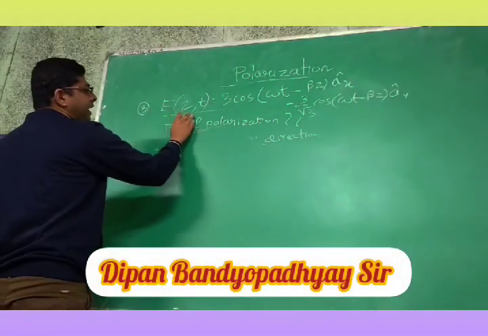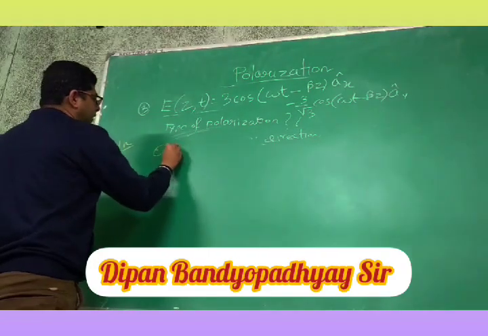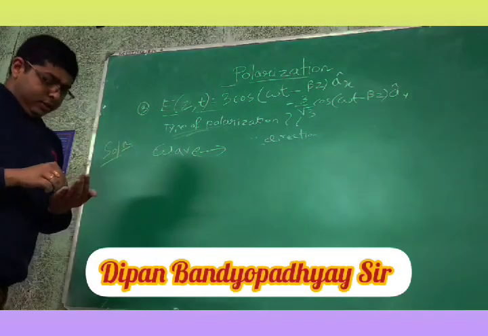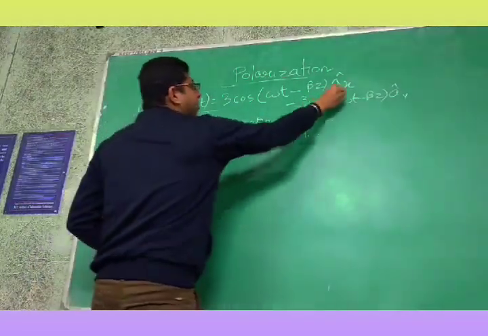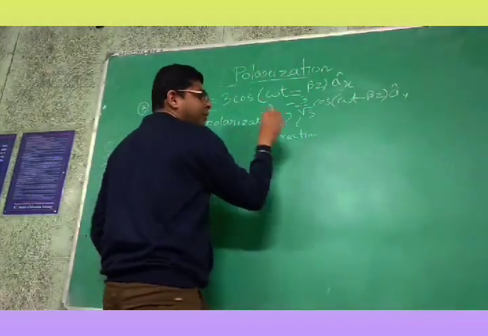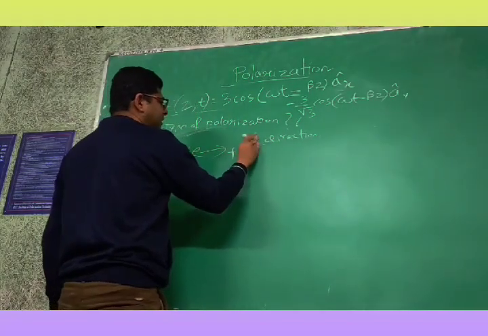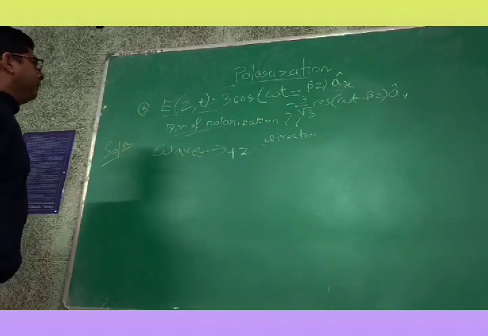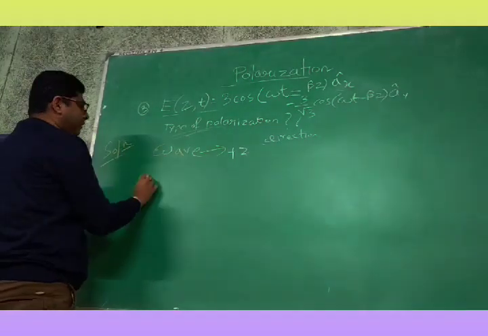So this is our electric field expression. I hope you can now predict the direction of the wave. It is basically the x component. We have minus here, so the wave is propagating in plus z direction. Okay, so the wave is propagating in plus z direction. So let us write the components first.